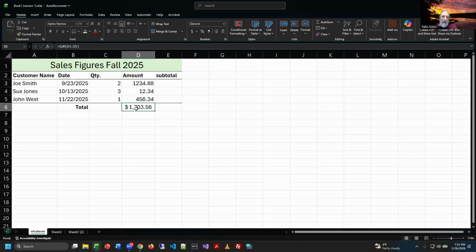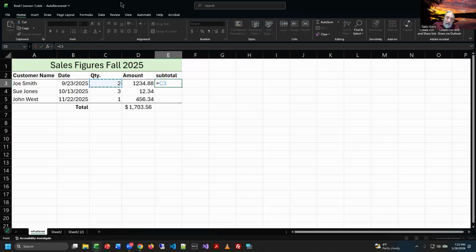Now the subtotal is going to be a multiplication of this amount and that amount. And I can just do that with an equal sign. And I can multiply 2 times this cell, press enter,